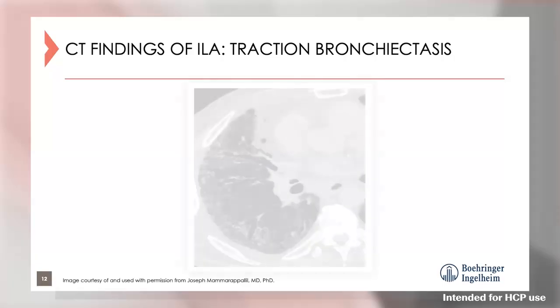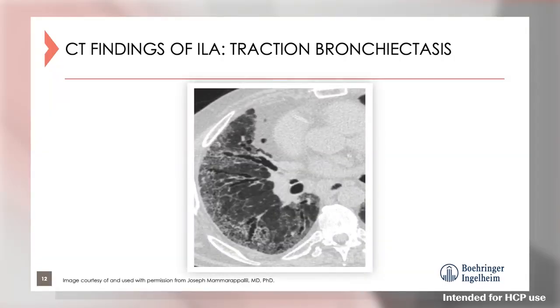A great finding of interstitial lung abnormality is traction bronchiectasis. Occasionally, you'll see patients that have traction bronchiectasis towards their lung bases, but not really any other lung findings. The image shown here in the right lung shows you a great look for traction bronchiectasis, where you have definite fibrosis in this patient that's basically distorting and pulling those bronchi apart out to the periphery of the lung.